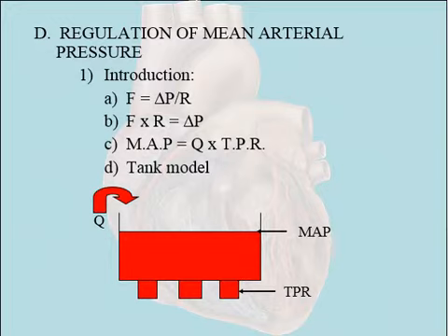Instead of having flow equals difference in pressure over resistance, we could say the difference in pressure is equal to flow times the resistance. Right? That's the same equation. And we can then take a look at that equation and say, if the difference in pressure equals flow times resistance, the difference in pressure in the system would be the mean arterial pressure minus the